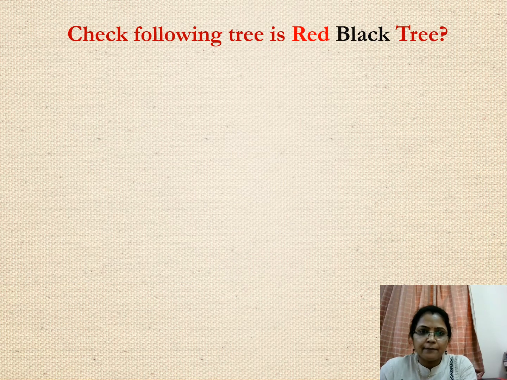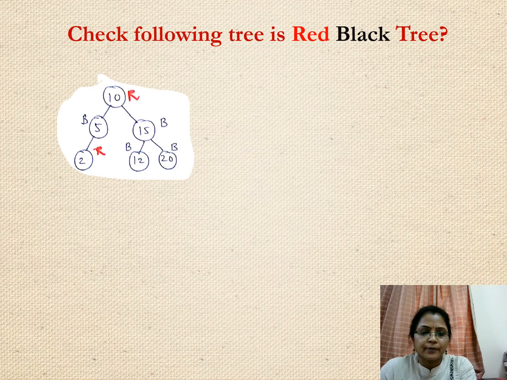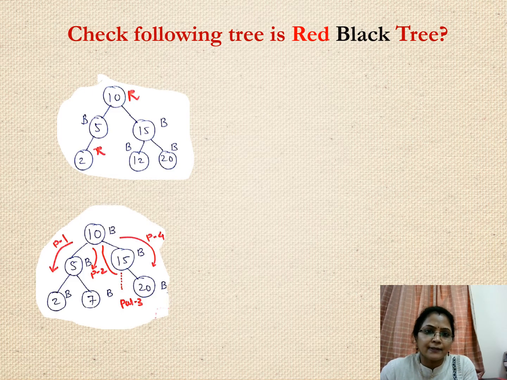Let us see one more example for the red black tree. The red black tree is given. You can verify that the root node is given as a red node, and then the other nodes you can verify. So the root node is red, so from this tree I can't say that it's a red black tree. You can even verify whether it's a BST or not. Yes, it's a BST, but the second condition is not satisfied, the root must be black. So this is not a red black tree.